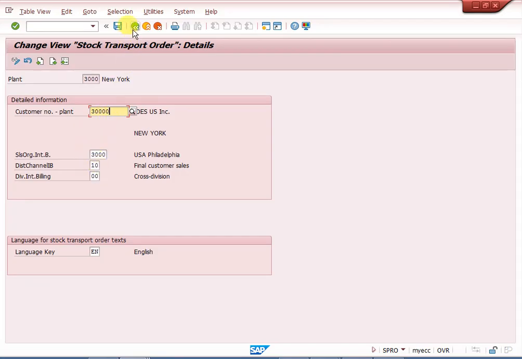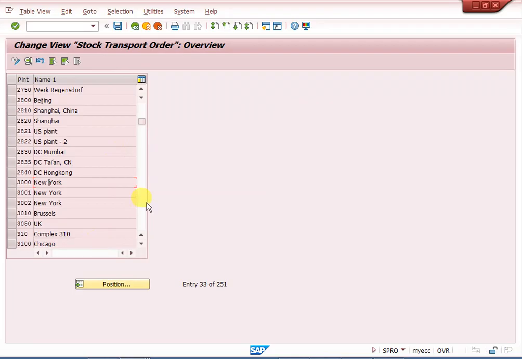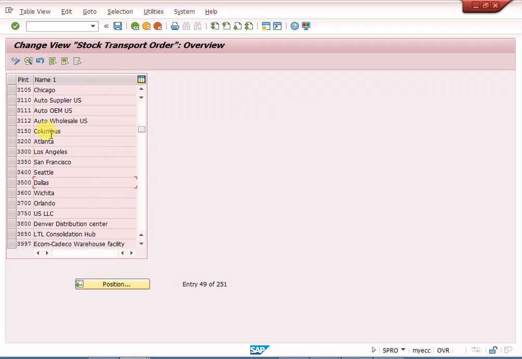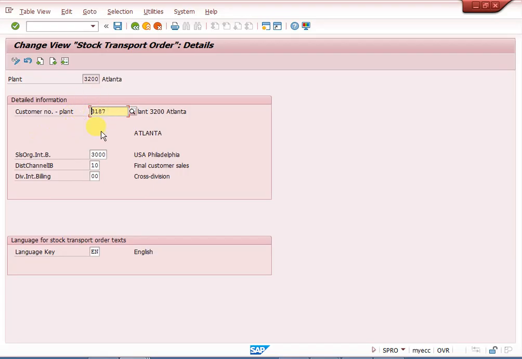Next, our receiving plant is 3200. Here customer is mandatory, but sales area is not mandatory, because 3200 we are treating as a customer. We are delivering from 3000, from that sales area and that plant we are sending to this plant.